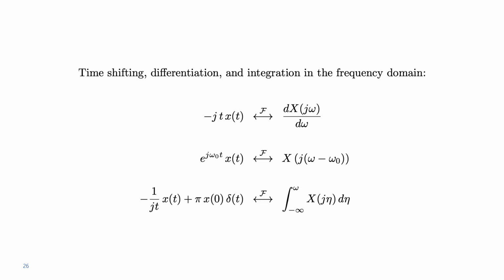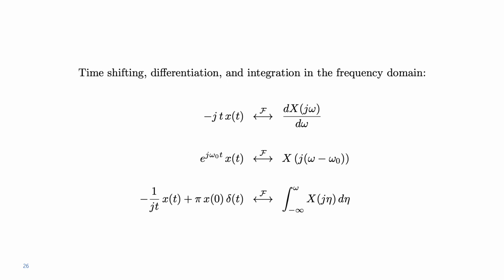So we have seen manipulations of a signal in time that have implications on its Fourier transform. The same manipulations, if made in the frequency domain, meaning if made on the Fourier transform, have corresponding implications in the time domain. In particular, for time shifting, differentiation, and integration, similar properties hold if applied the other way around. So if we apply shifting of the Fourier transform, differentiation of the Fourier transform, or integration of the Fourier transform.